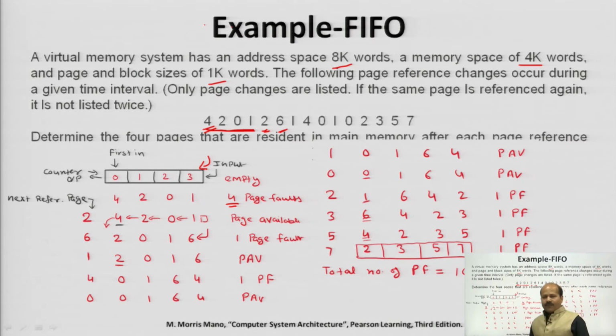So, in this FIFO algorithm, page number 4 has the longest time cycle or counter value. That is why page number 4 will be replaced. So, this page will be removed from this location. Here you can see this output, and page number 6 will be entered from here. So, the page numbers which are available now after this replacement are 2, 0, 1, 6.